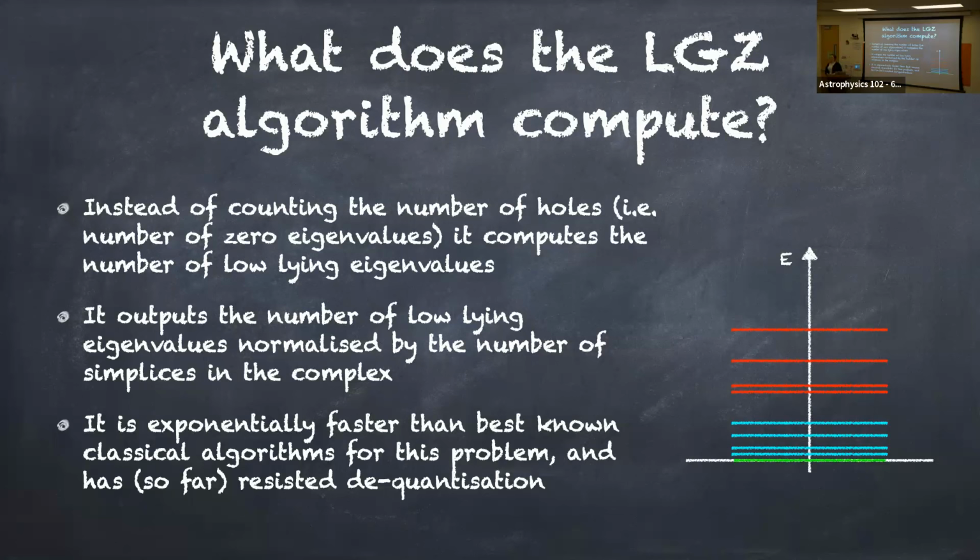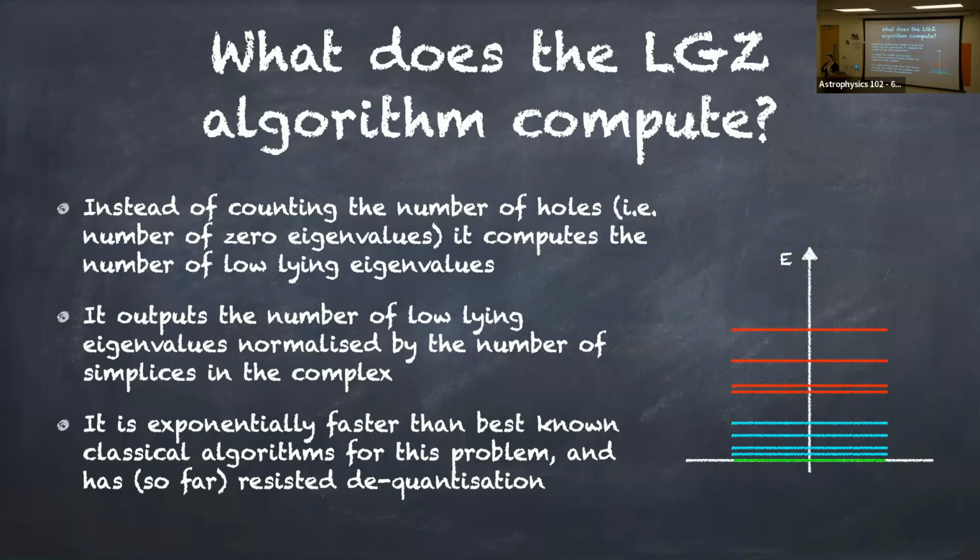I just want to revisit a slightly earlier point. Here they say they can resist the quantization, but for example, let's say I use shadow tomography to estimate those eigenvalues. I don't have to use the quantum algorithm to compute or approximate them, but just simulate a Hermitian operator that contains the combinatorial Laplacian, and then use shadow tomography to extract it out. Can we also do something like that, which could also be very powerful?